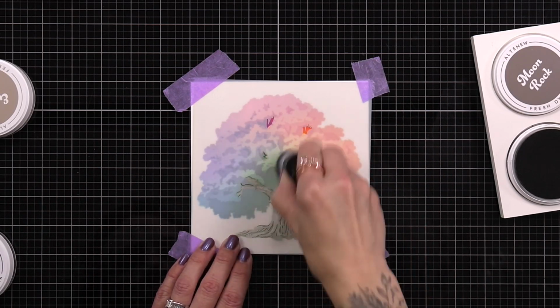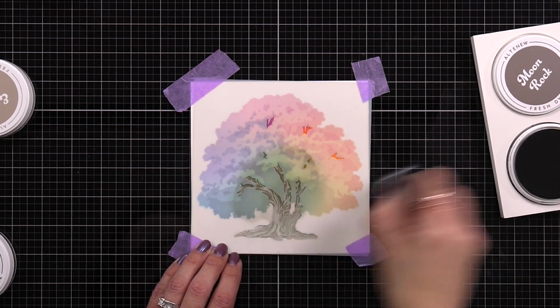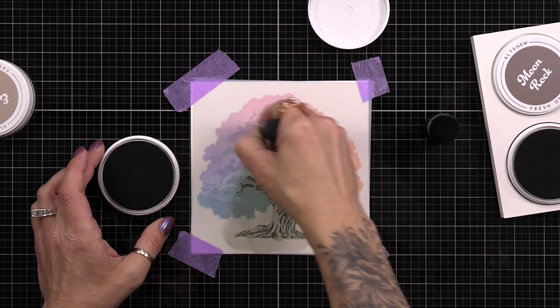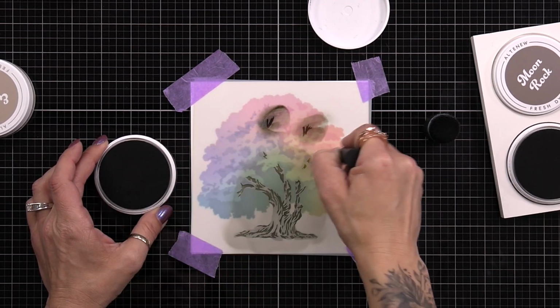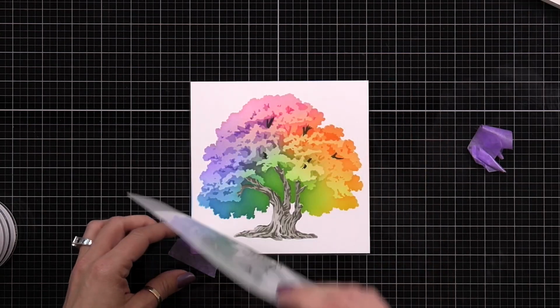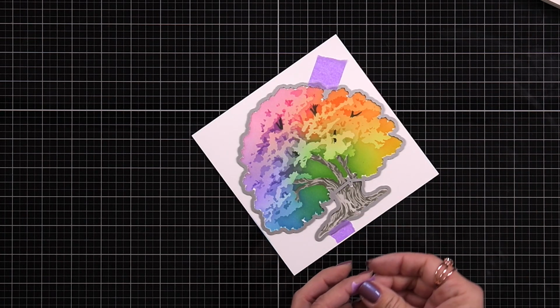Some of the areas can get pretty, I don't want to say flimsy, but you do have to hold your finger over some of them because they are pretty delicate. Now, up in the top in the tree where the branches are kind of tucked in there a little bit, I jumped to the darkest color in that collection to really make them kind of dark inside of the tree. So that is the finished